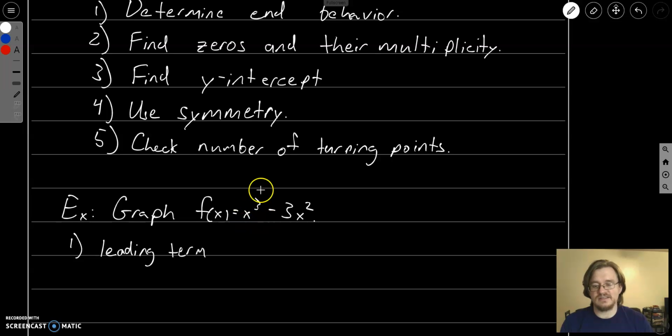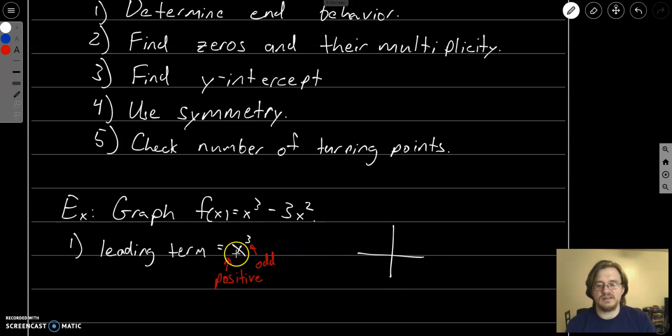And since this is already written nicely for us as a polynomial, the leading term is just going to be x to the third, which we see has an odd power and a positive coefficient. The coefficient is hiding, it's just the number 1. So we know that whatever our graph looks like, because this is an odd power, that's the word I'm looking for, we know that it's going to go up in one direction and down